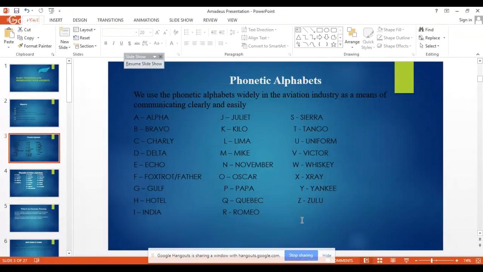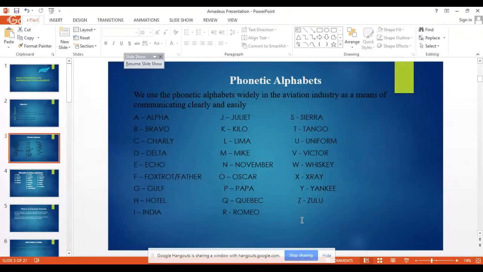Firstly, let's go to the phonetic alphabet. We use the phonetic alphabet widely in the aviation industry as a means of communicating clearly and easily. In the same way we have the ABC, the same thing is used in the aviation industry. But in aviation, for example, A stands for Alpha, B for Bravo, C for Charlie, D for Delta, E for Echo, F for Foxtrot or Father, G for Golf, H for Hotel, I for India,